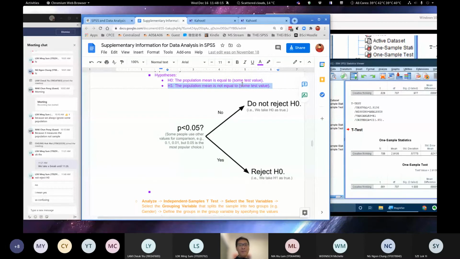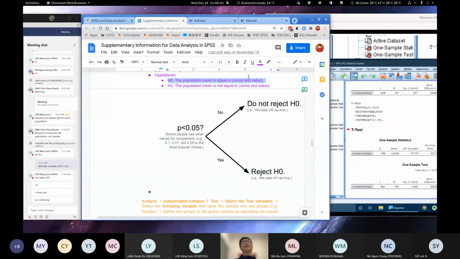1.000 means that you are almost always wrong if you choose the second one as the answer. So that means that we should not choose the second one as the answer. So we choose the first one. Okay, so that is how you do the one sample t-test in SPSS and how you draw the conclusion in